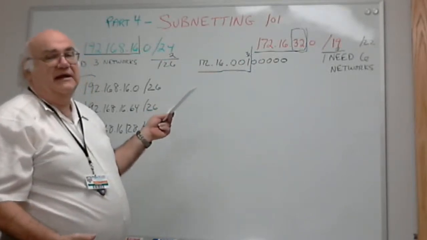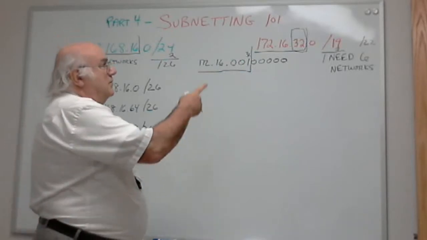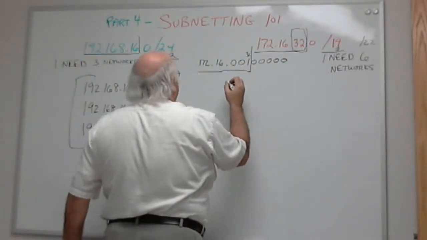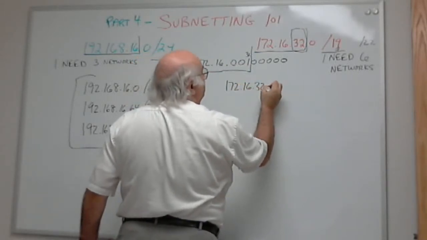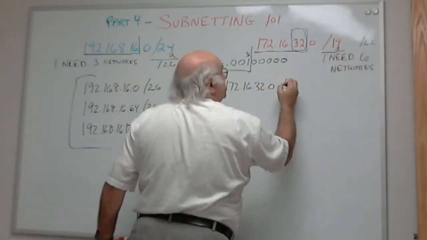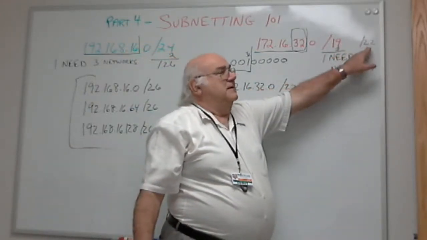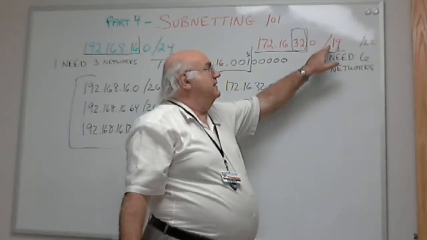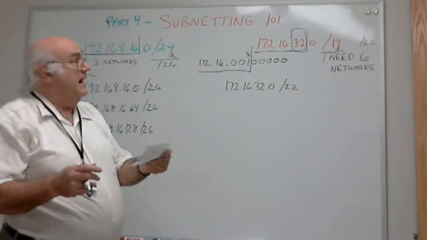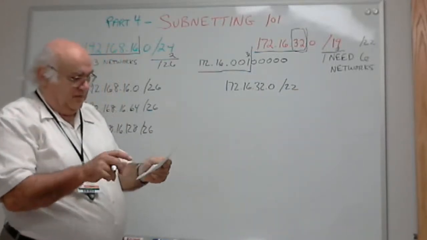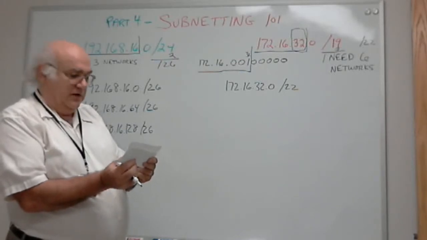I'm not saying I need so many hosts. I'm just saying I need 6 networks. So my first network, obviously I can use that: 172.16.32.0/22. This means I can make subnets. This I cannot change. My 32 is still there. Now, 22. If we come into your little chart and find /22, you'll notice it's in the 3rd byte